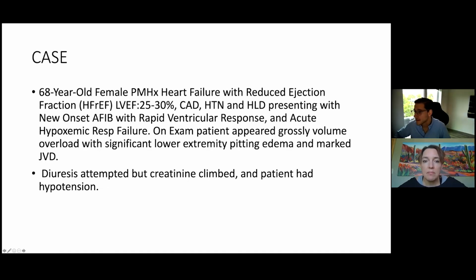So this is the presentation of the case, which I feel we see very frequently on the floors. Some patients respond to diuretics, but some rather don't. Definitely a challenging patient. So my question, this brings us to the next slide, which is: